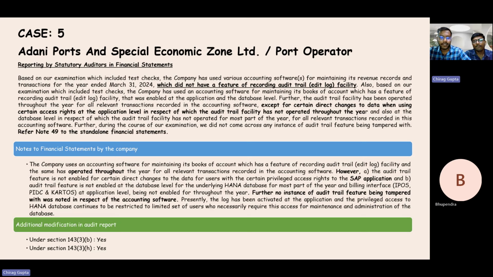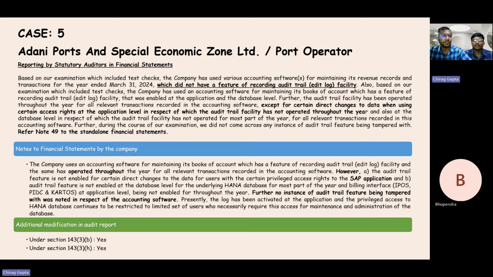For the underlying HANA database, which is a kind of database used by Adani Port for storing their data, and for most part of the year, and the billing interface at application level was not enabled throughout the year. Further, there were no instances of the audit trail feature being tampered with in respect of accounting software. So in this case, the company has disclosed that the audit trail facility was running efficiently, but for some points and for some time it was tampered,